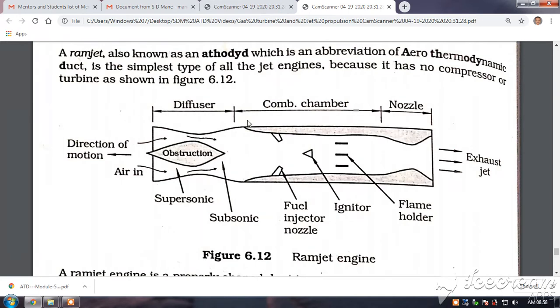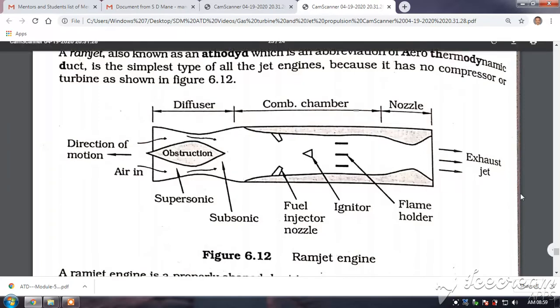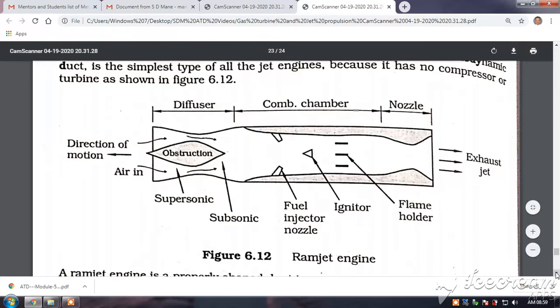Okay, good. The second is the combustion chamber. Here in the combustion chamber, you have the fuel injector where fuel is injected, and also the igniters to ignite the air fuel mixture. So here the combustion takes place, and the last one you can see here is a converging diverging nozzle. In the nozzle, these high pressure gases exit at high velocity. The pressure energy is converted into high velocity and it is exhausted, and this gives the propulsion for this ramjet. Okay, we will go through the description.